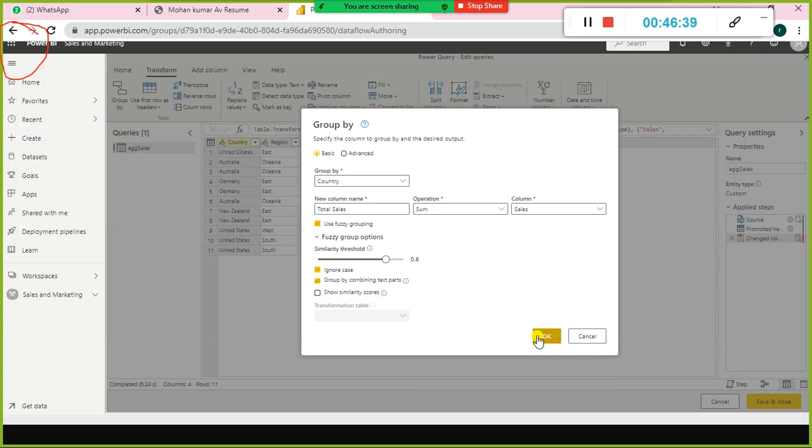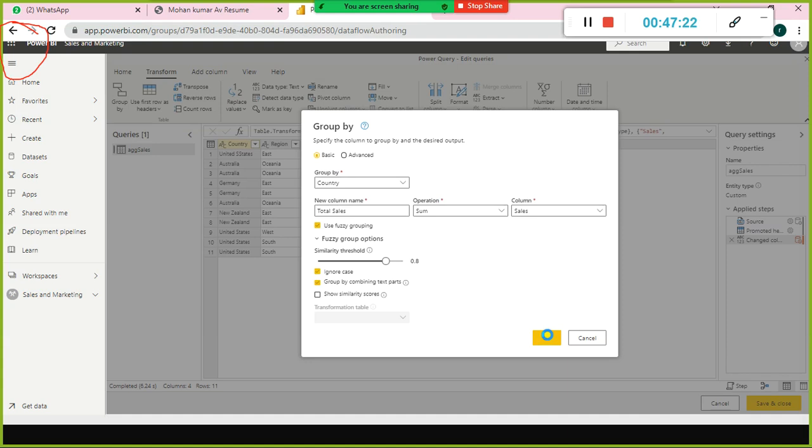For that, we say something like Jaccard similarity. That is the algorithm Power Query uses behind the scenes. This is the algorithm we use in artificial intelligence also. How it works is, Power Query will select the most frequent instance as the canonical instance. See, here United, these are all more or less the same, and most frequently it is occurring. So based on that, it selects the frequent instances.